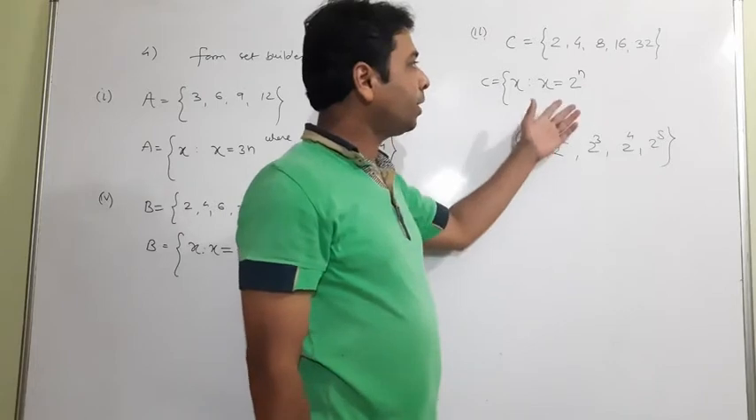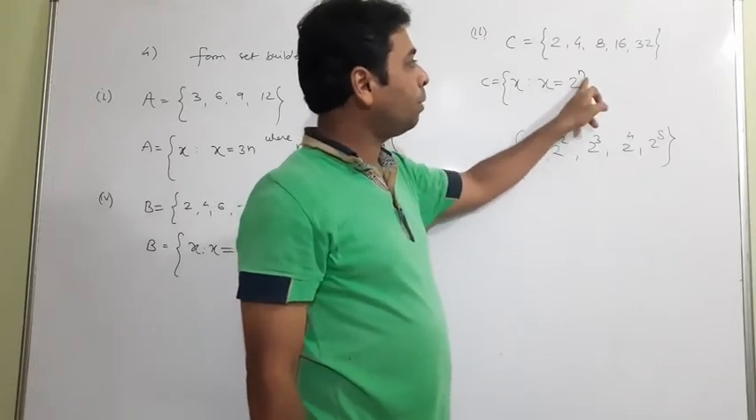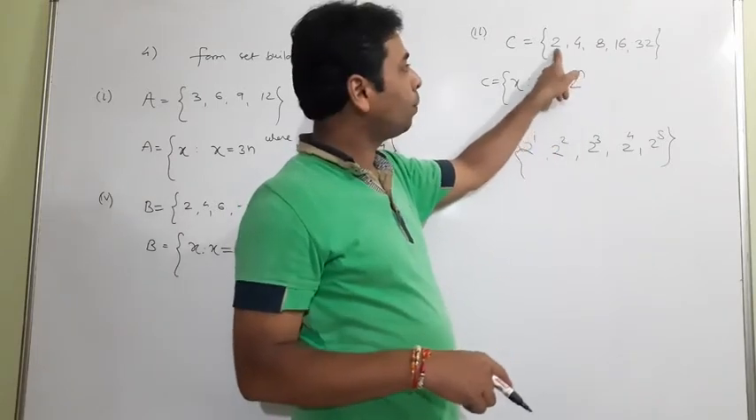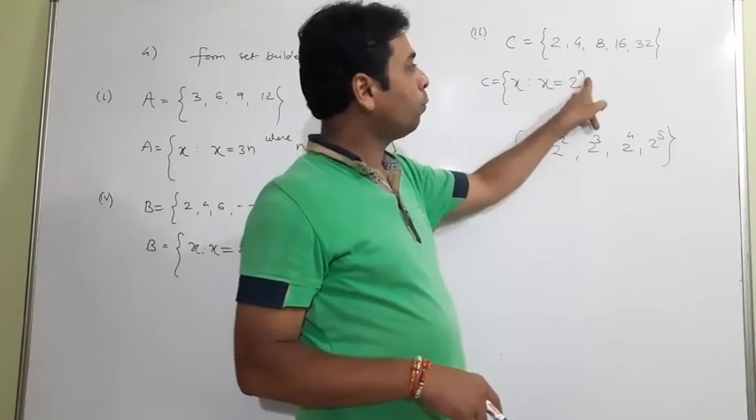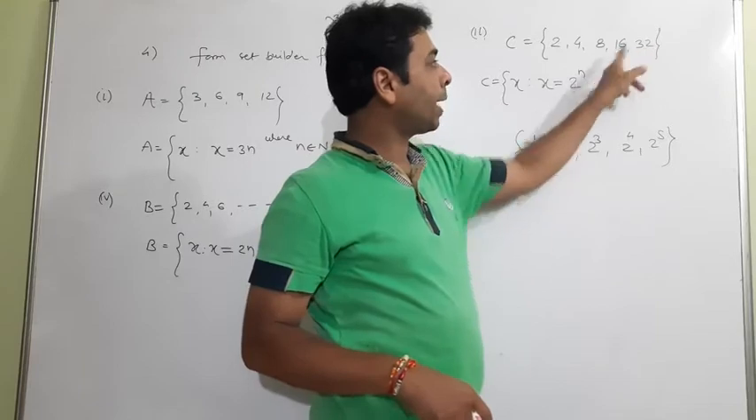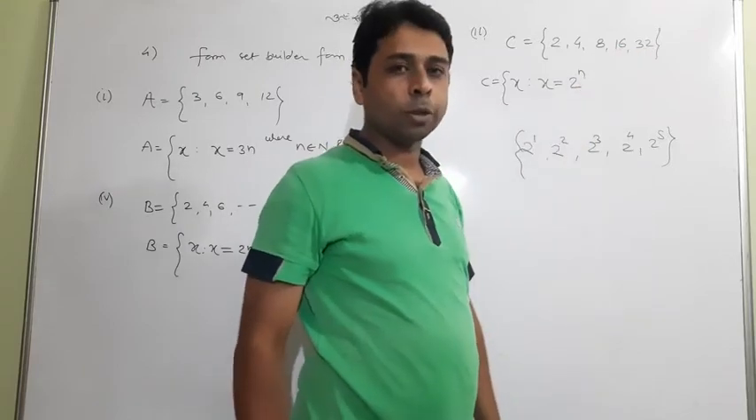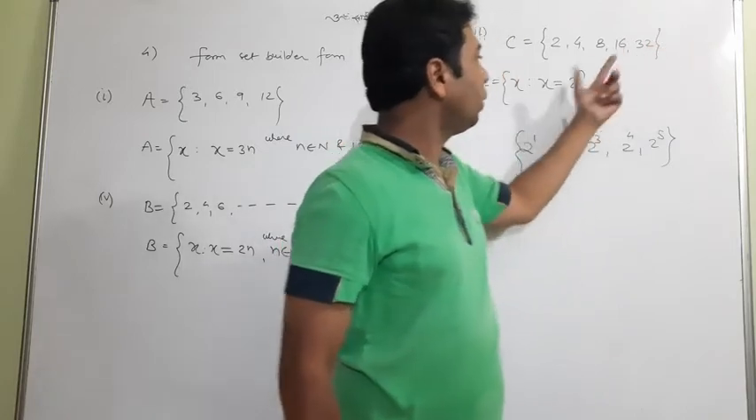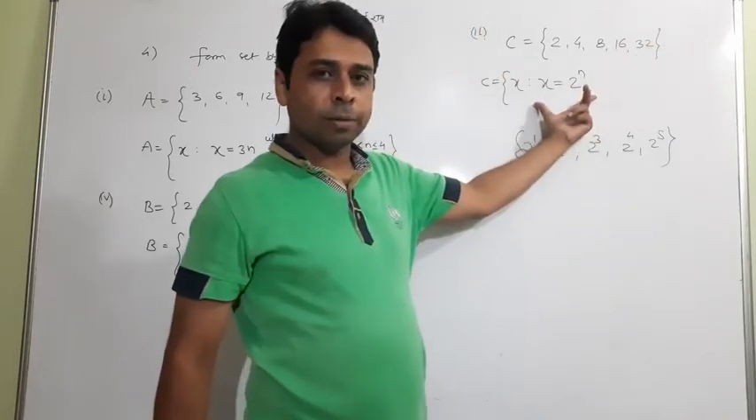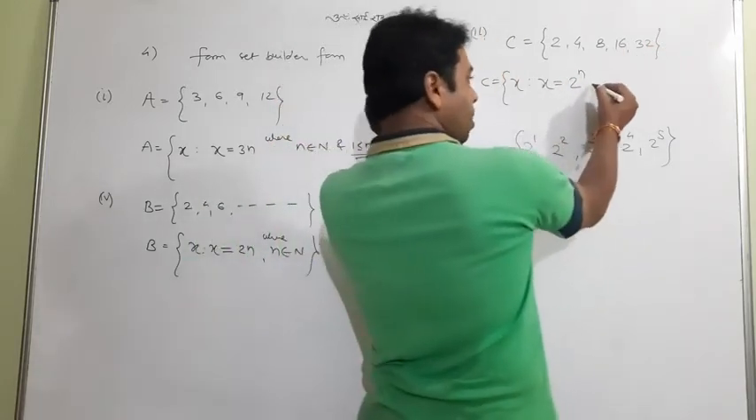So hope students you are getting that x equal to 2 to the power n, meaning when n equal to 1 it will come, when n equal to 2 it will come, n equal to 3 it will come, n equal to 4 it will come, n equal to 5 it will come, but n equal to 6 I cannot put, because this is not till infinite. When it would be till infinite, you will rest your answer here. But this time you have to write where